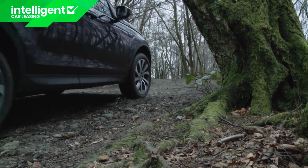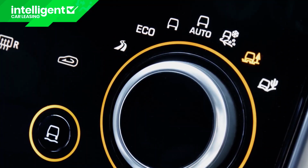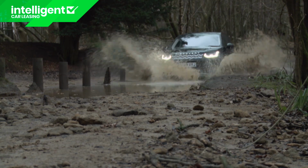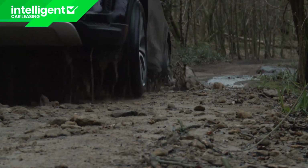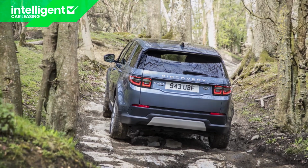You are reminded of the sheer capability of this car with the news that all all-wheel drive variants get Land Rover's optimum suite of off-road driving tools, a Terrain Response 2 package that allows you via various selectable modes to set the car up to suit the ground that you're traversing. Plus there's a low traction launch setup, hill launch assist, hill descent control and all-terrain progress control, a kind of